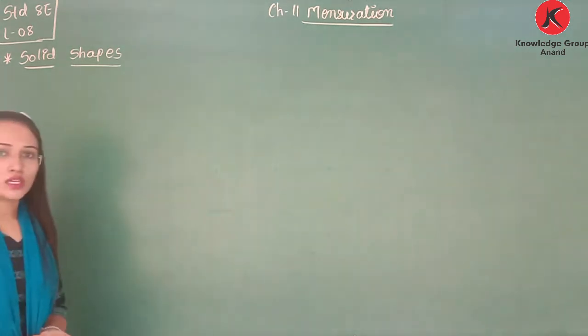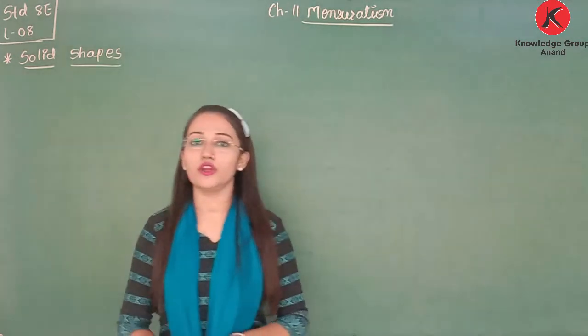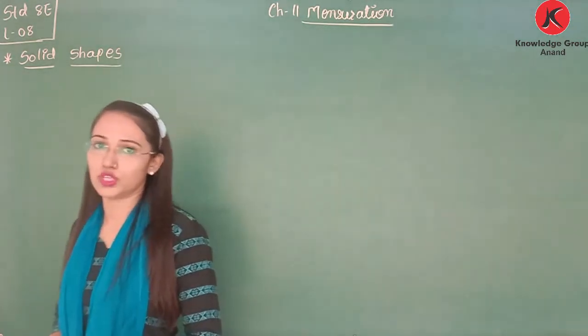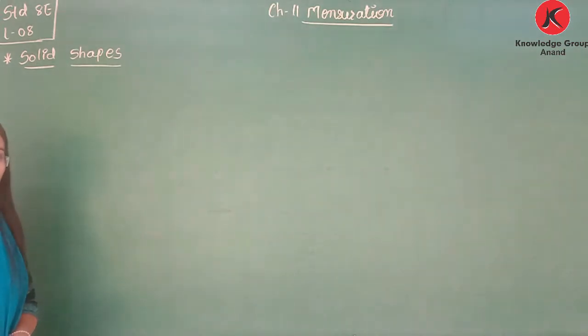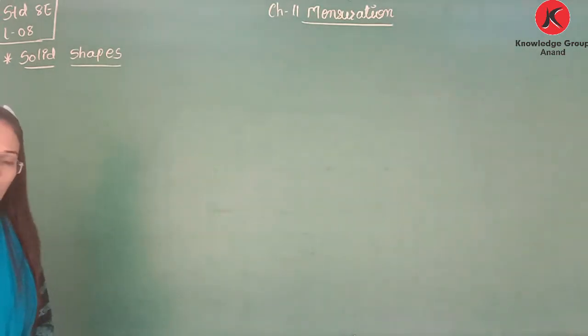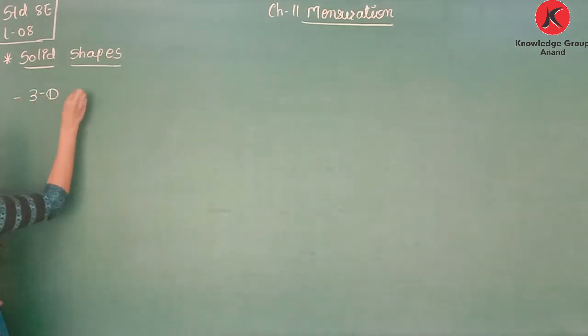Now today we will learn about the solid object. Now what is a solid object? Solid object means it is a 3D object. Why is it a 3D object? Because it is measured in 3 dimensions: length, breadth and height. So solid object means it is a 3 dimension object